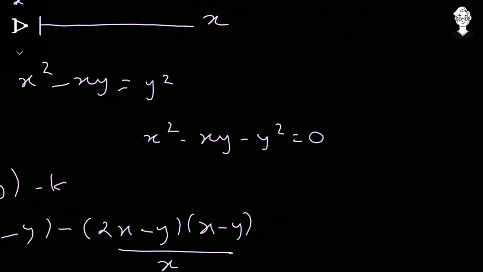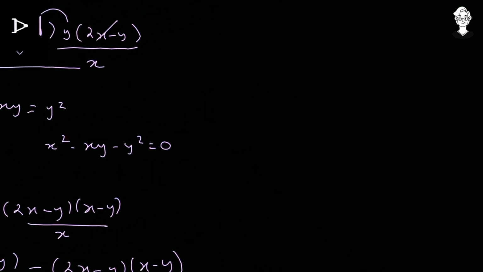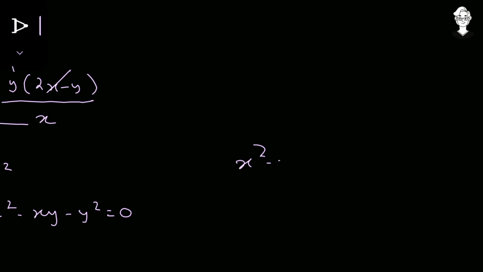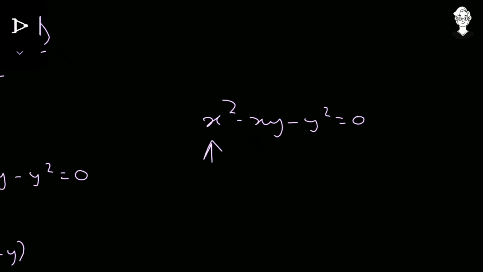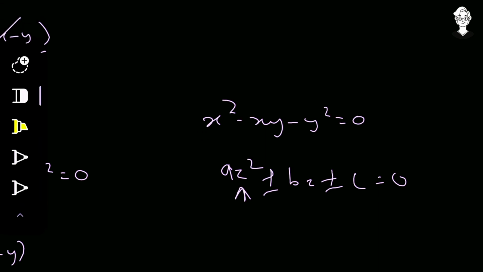Now what I can do is just remove this first of all. In a straight line I am going to write this equation: x square minus xy minus y square is equals to 0. Now what I can do from here is consider x as my variable and y as my constant. I am just using the quadratic equation. It's like az square plus or minus bz plus or minus the constant. It should be in this form. So z square and z is there, so here we have x square, x is there, and y will be treated as the constant, as a, b, c.